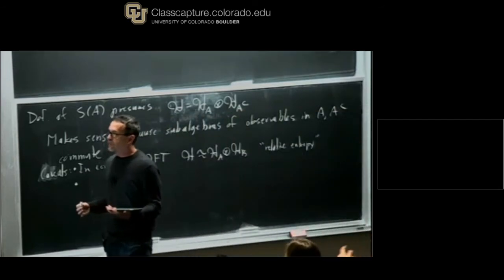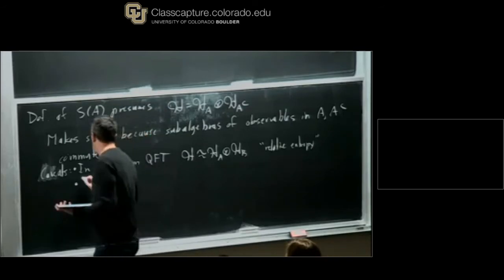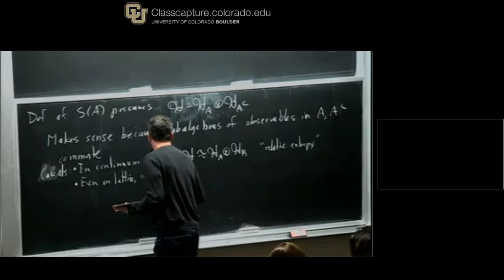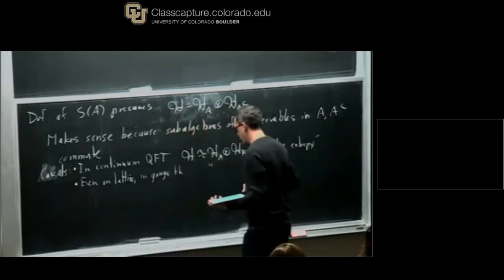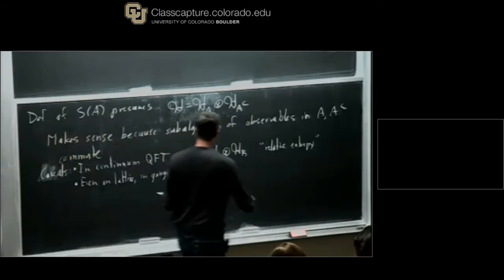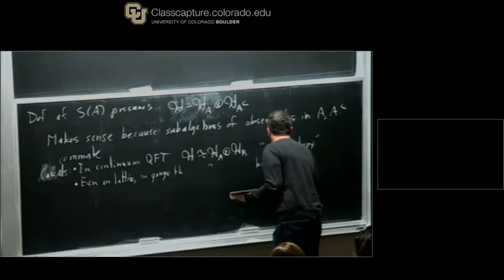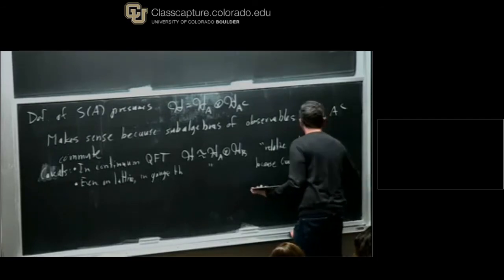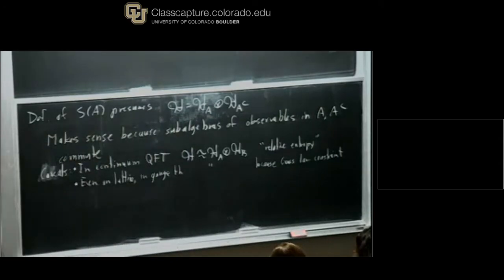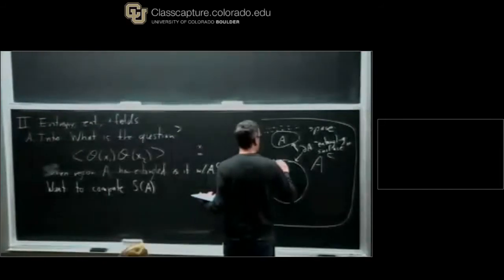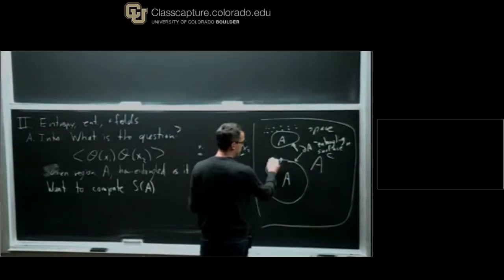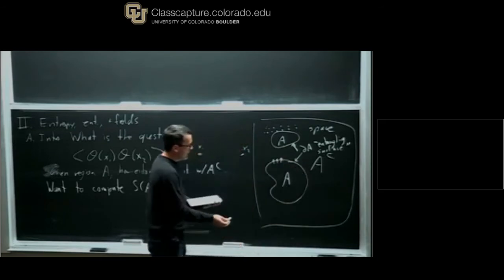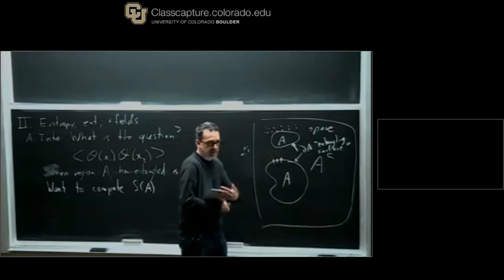If you're on a lattice, you might say there's no problem, but there's still a problem if you're doing a gauge theory. So even on a lattice, in a gauge theory, you have this approximate equality because the Gauss law constraint connects the inside and the outside. So if you know the electric field on the boundary here, from the point of view of the inside, that fixes the electric field in A complement on the neighboring lattice edges, or it constrains the electric field on the neighboring lattice edges. So even in a lattice